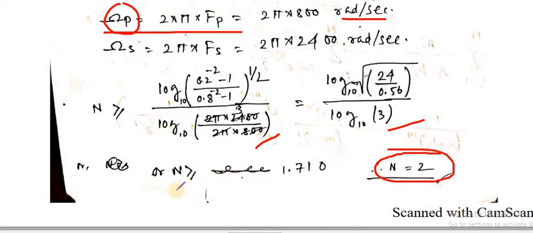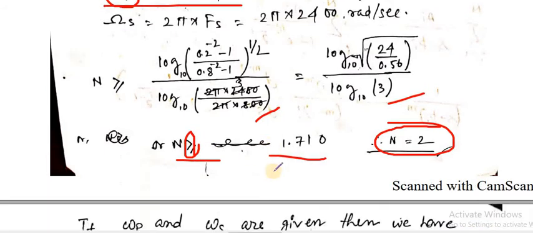Here it is very important: n greater than or equal to. One thing I forgot to mention, that the formula will be greater than or equal to, because if something comes 1.71, then we will assume that as 2. If some value is coming 3.89, we will assume it as 4. If something comes 3.2, you always take the higher order value. That is why we took this greater than or equal to.